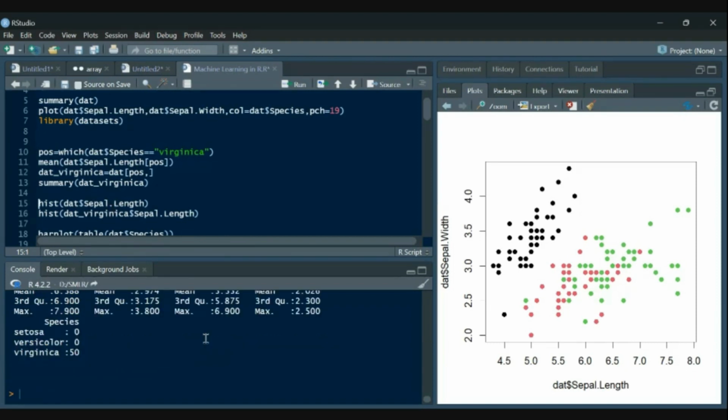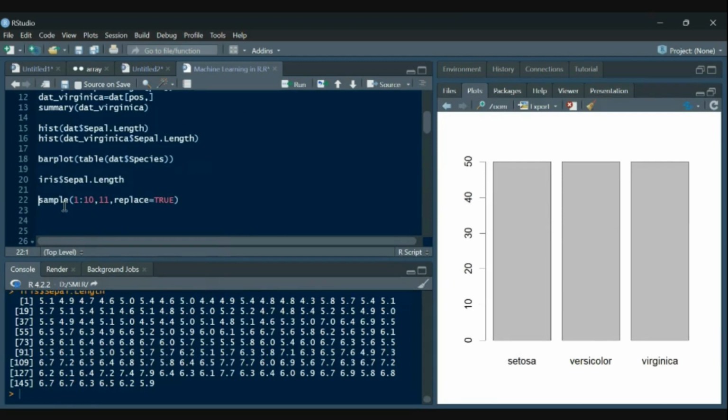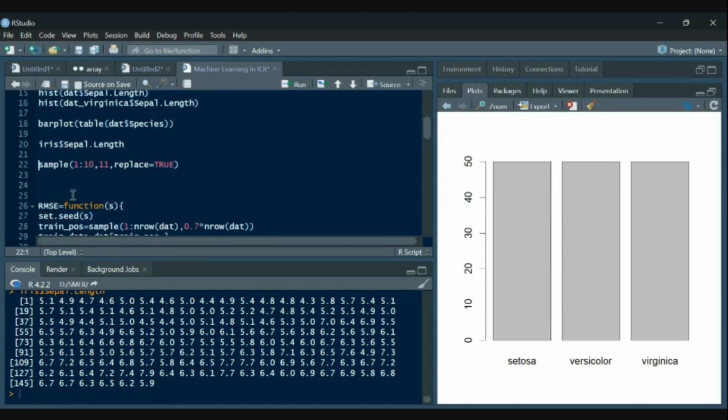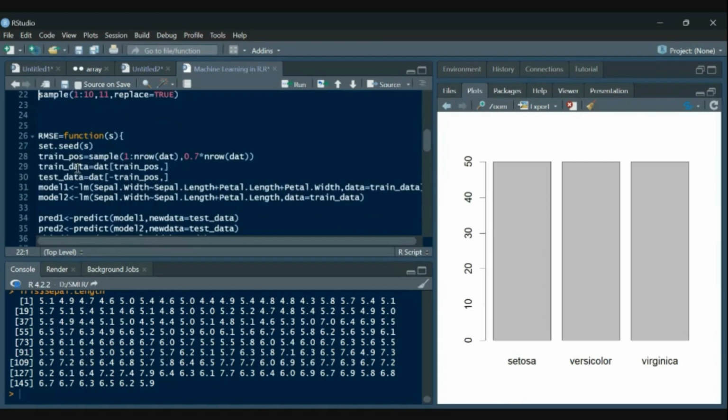Then we summarized the data, we drew histograms and bar plots, then we understood what we mean by sample, which is basically random sampling being performed. So how to do it. Then we created a simple train data and test data.